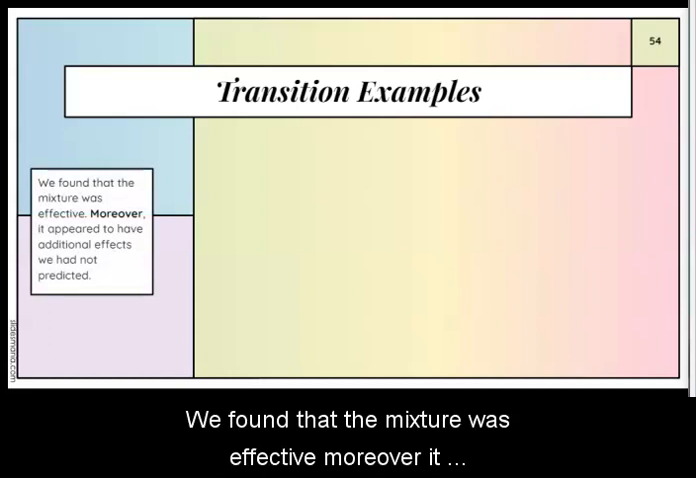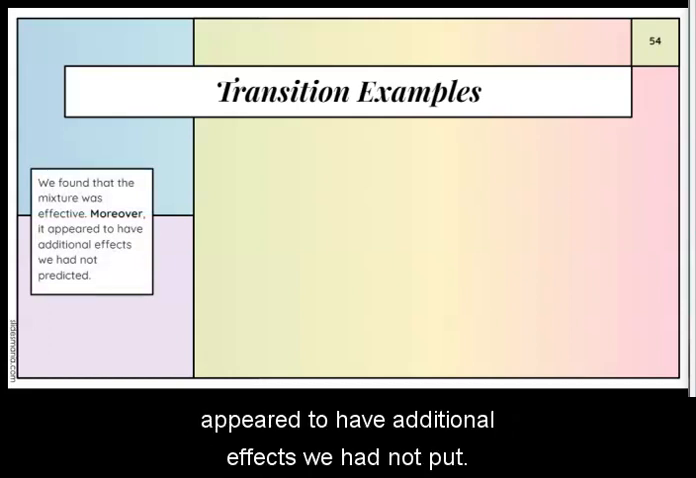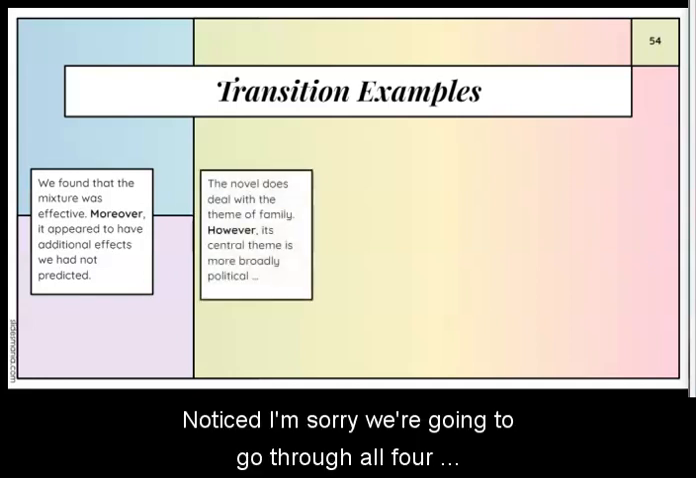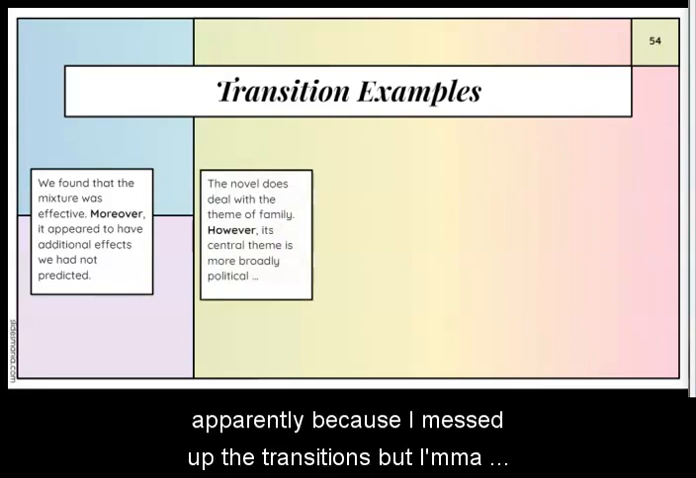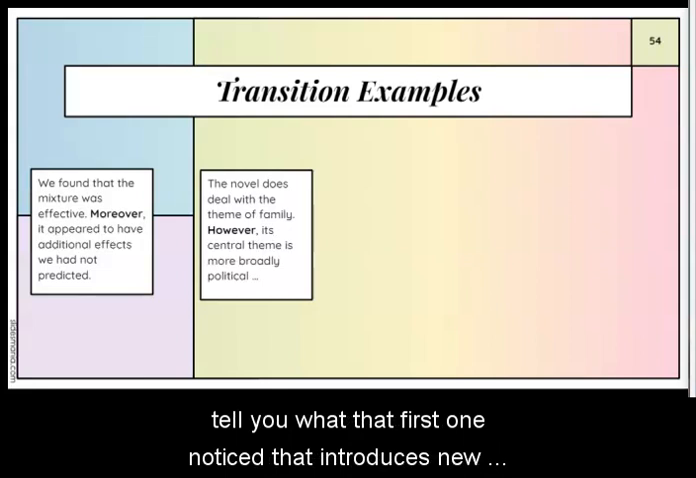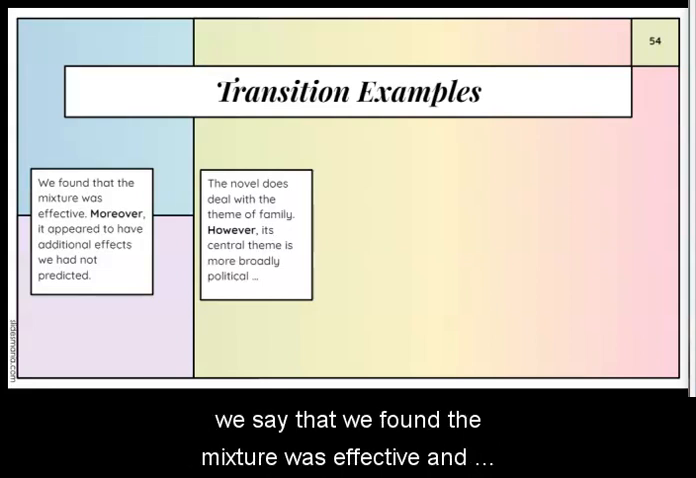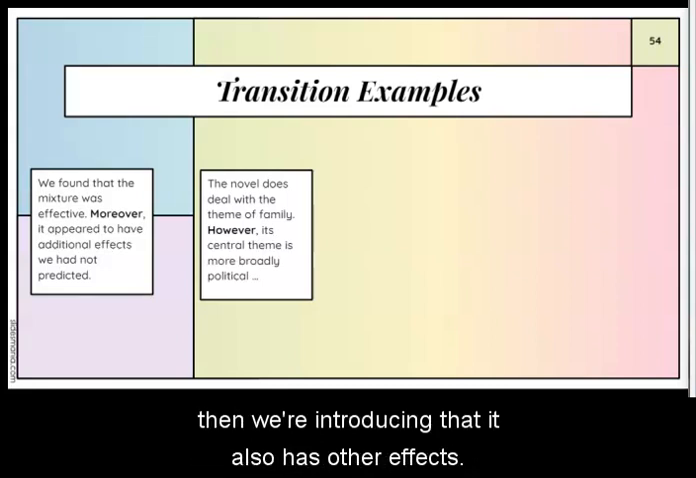So we found that the mixture was effective. Moreover, it appeared to have additional effects we had not predicted. Notice, I'm sorry, we're gonna go through all four apparently because I messed up the transitions, but I'm gonna tell you with that first one. Notice that it introduces new information or examples with the word moreover, right? So we say that we found that the mixture was effective, and then we're introducing that it also has other